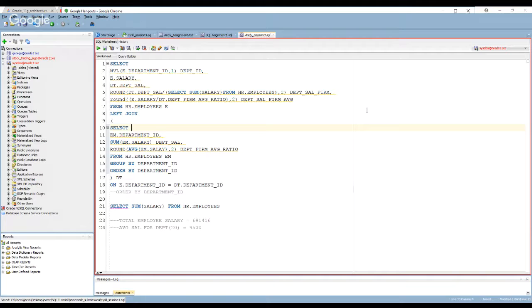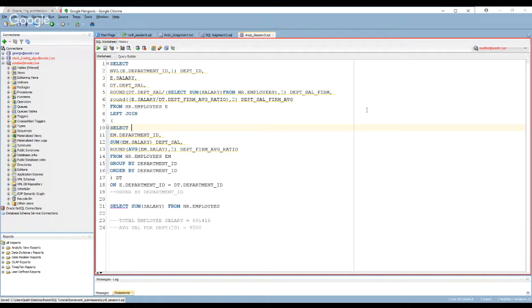So in the middle, this select here is where I try to calculate the average salary for the department. No, that's the salary for each employee as a ratio of the whole firm's total, right? Or the average of the firm's salary.